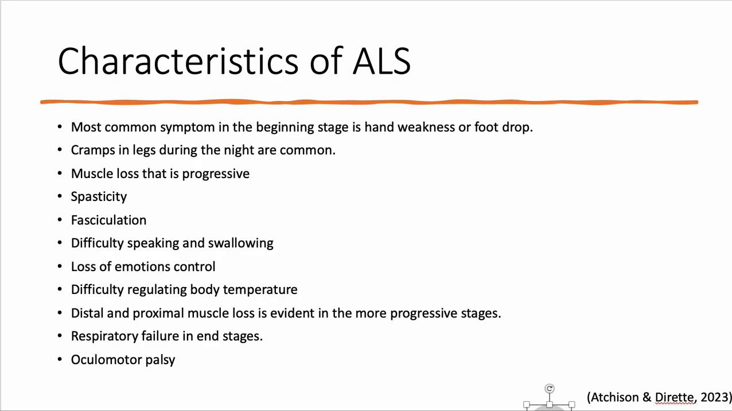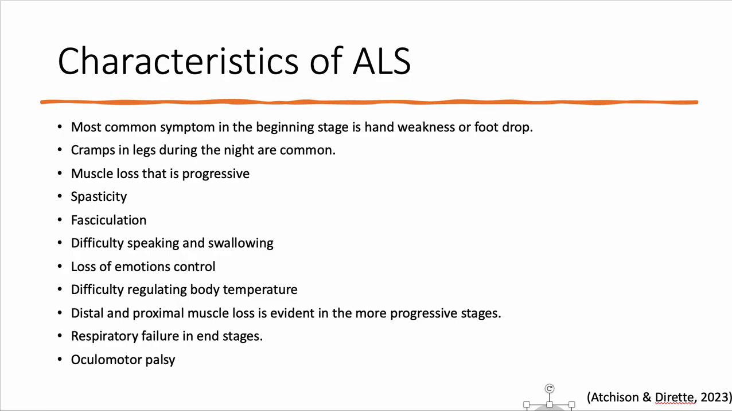Characteristics of ALS. ALS is a very sad diagnosis because of the progression of the signs and symptoms. In the beginning stages, a person will have hand weakness or foot drop and could have cramps throughout the night. Muscle loss, like I said, is progressive. Spasticity in the lower and upper extremities is common, and fasciculation, or the flickering of muscles under the skin, is